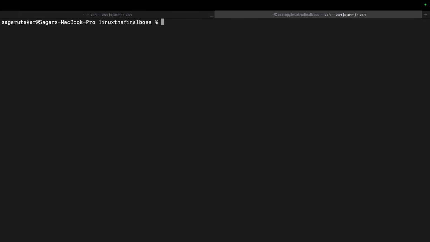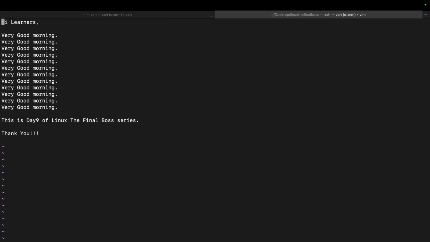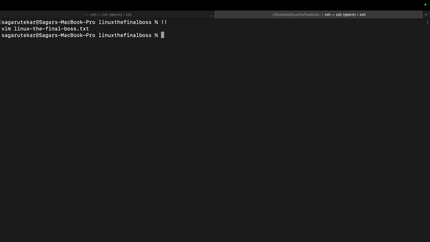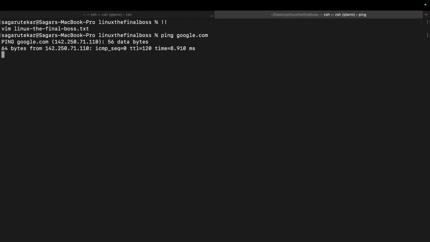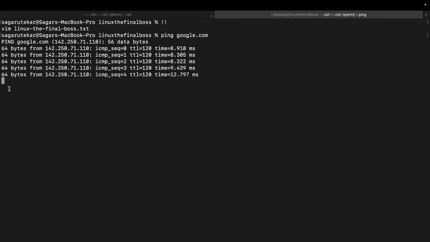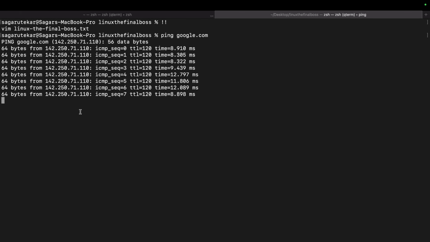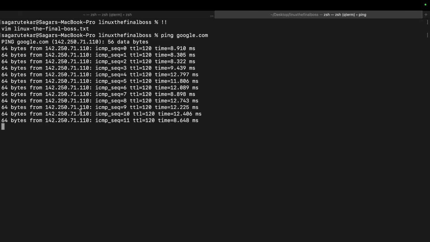I want to search what the previous command I executed was, or I want to run the previous command, the last command, again. I can do double exclamation mark and it will execute the previous command. Let's type ping google.com and I am executing this command. You will see that it is not allowing me to type the next command because it is an ongoing process. Right? So I can do